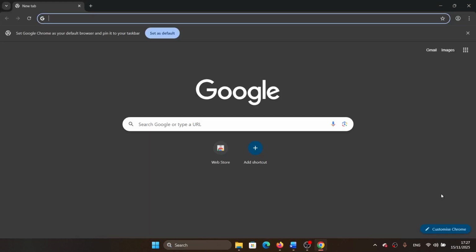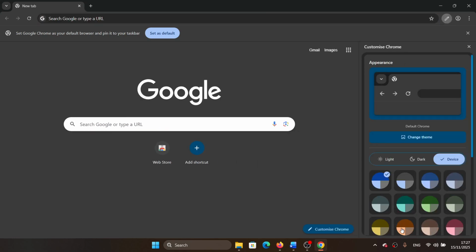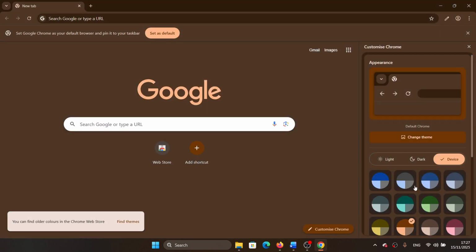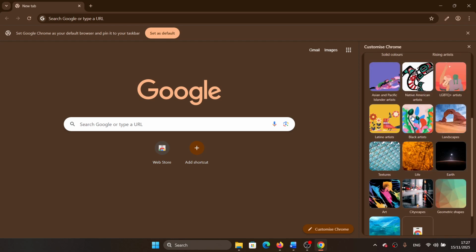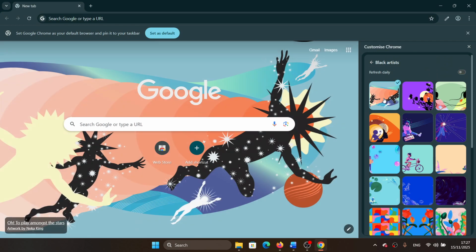Open Google Chrome, click on Customize Chrome at the bottom right corner, and then you can change the color from here. It changes the color for the address bar and other elements as well. Okay, and you can choose a specific theme if you want that. So that will change the color of the address bar and the surrounding areas while keeping a different theme for